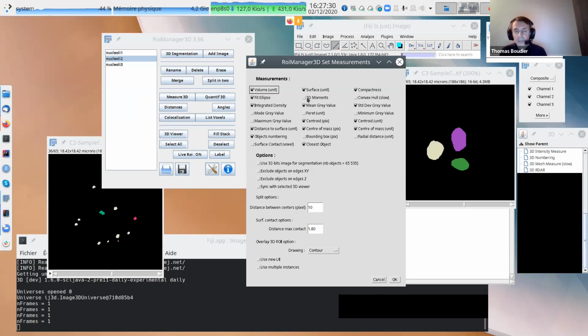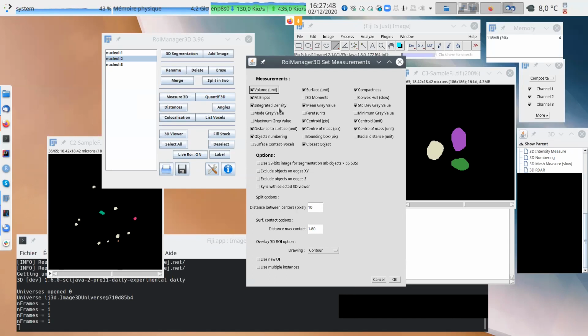Convex hull will try to find a 3D convex hull, which is very slow and a bit more advanced. And then this part is more for the intensity, so we will see that just now.